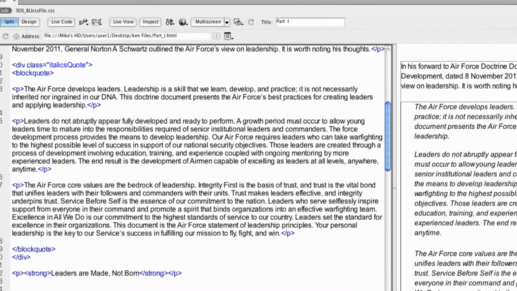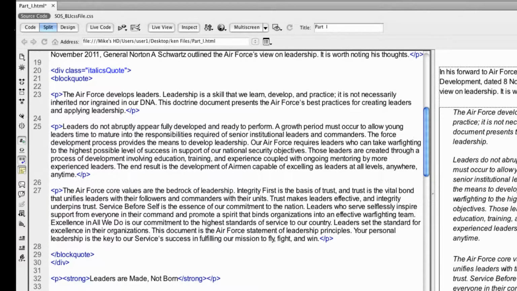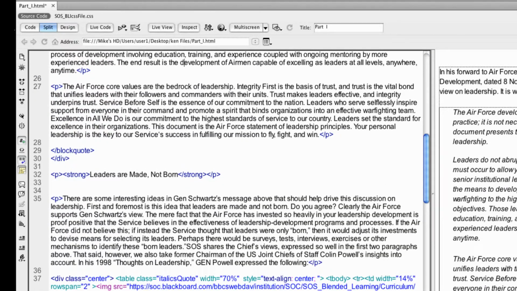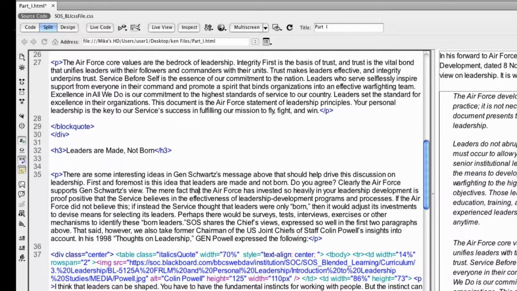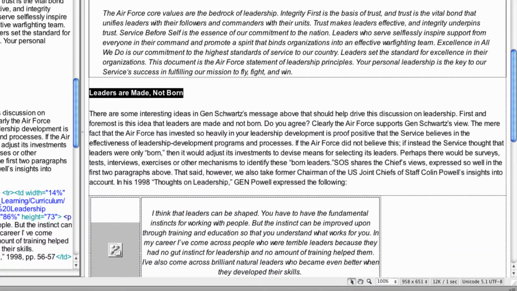Turn off Live View. Alright, we scroll down. I do see another problem here. It isn't a problem, it works, it's just there's a better way to do it. The effect is essentially creating a header, or what's been used as a paragraph and a strong, and I can simply use the tag H3, which stands for header font size 3, and I can scroll down a little bit, and as I refresh I get the